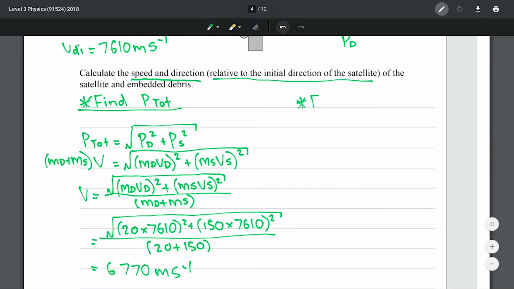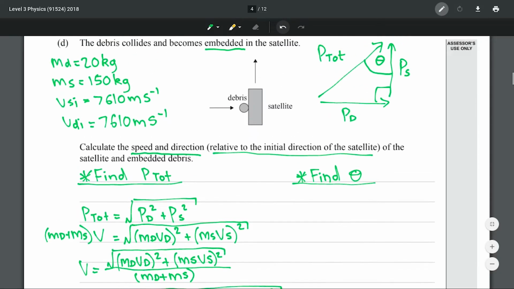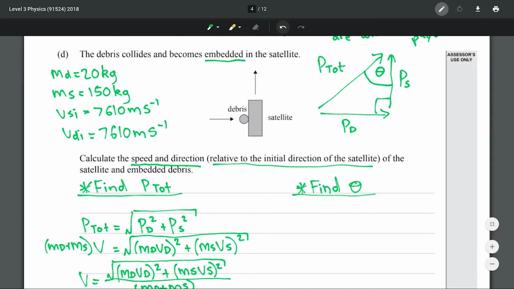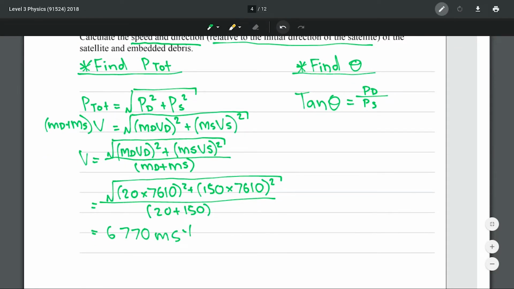Now we just need to find our angle. To do that, we can look at our triangle here and use the relationship that tan of our angle is going to equal our opposite. Our opposite is our PD divided by our adjacent. Our adjacent in this case is our PS. We can solve this for angle by taking the inverse tan of both sides,